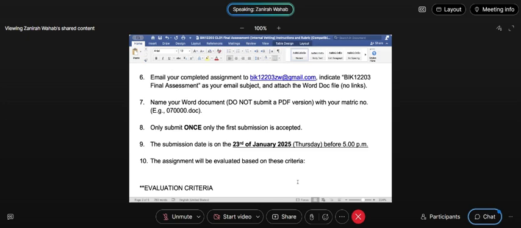Okay, you check lah berapa lama because I will give you time. So basically, my initial submission date will be on the 23rd of January, which is this Thursday. So